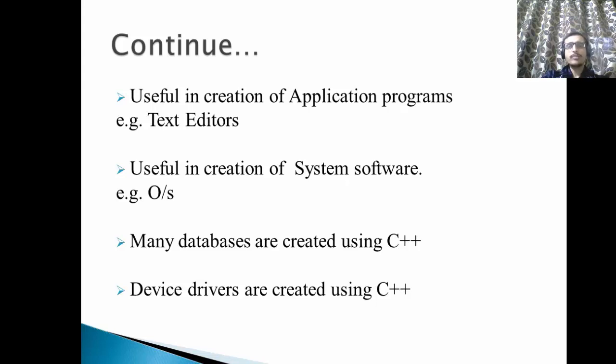It is a very powerful language. It is useful in the creation of system software. System software contains the operating system, and is also known as an operating system. Different types of operating systems are created with the help of C++. C is also used in the creation of system software because many system calls are written in C, but C++ is also an advancement. There are certain protocols that the system software follows, and these protocols or syntaxes are also written in C++.